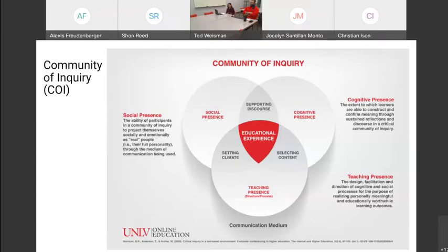And so as you can see, the community of inquiry is made up of three different presences, each in and of themselves have their own meaning, but they also overlap. And that is where, when all three of these are engaged, you get the most meaningful learning experience in your class. But individually, each are very important as well, and they show up in different ways, and they're all important when we think about discussions.